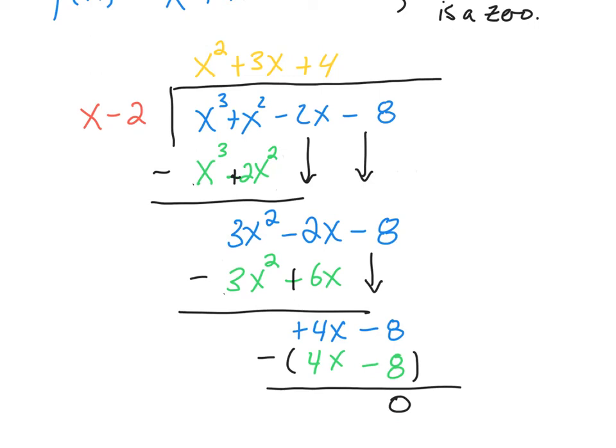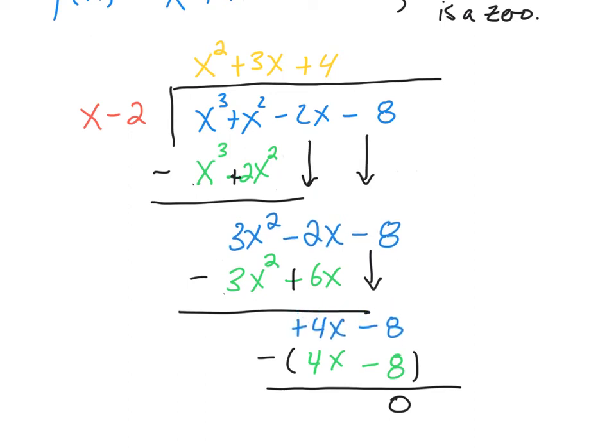If I don't get a remainder of 0, then I did something wrong. I don't have a factor. X minus 2 would not be a factor of this polynomial, x cubed plus x squared minus 2x minus 8. So since this happened, since I got a remainder of 0, I feel pretty good about this. Okay, so let's take this and